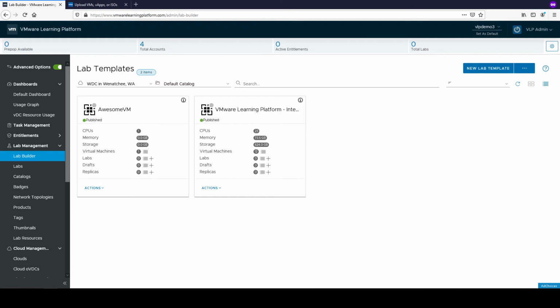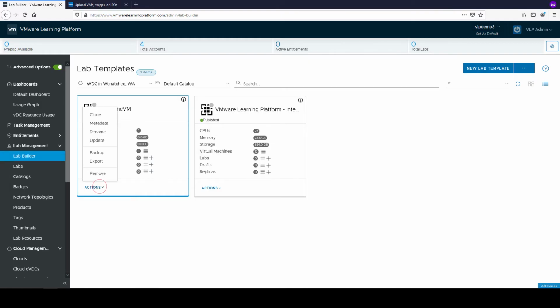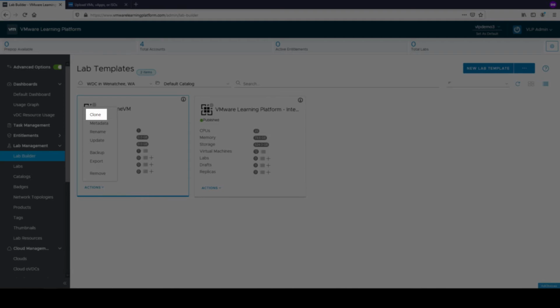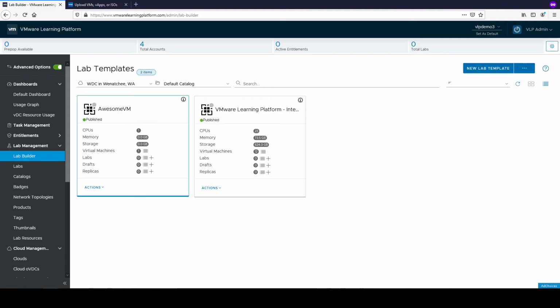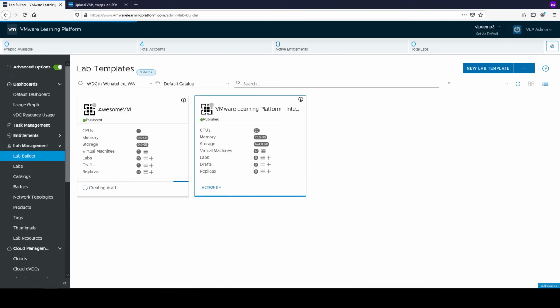So if you want to do some additional changes, what you need to do is to create a draft by using this option or by cloning the template. That way you will get a draft version of the virtual machine. Then you can just, let me just create one. Then you can just edit the draft or the clone, make all the necessary changes, and then save the changes